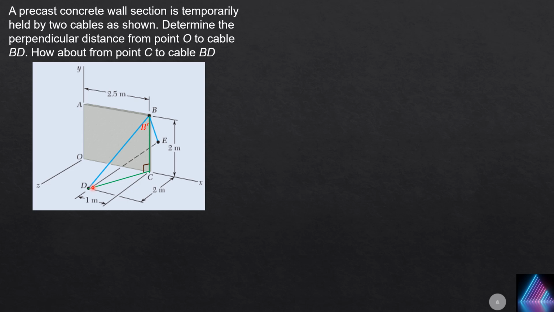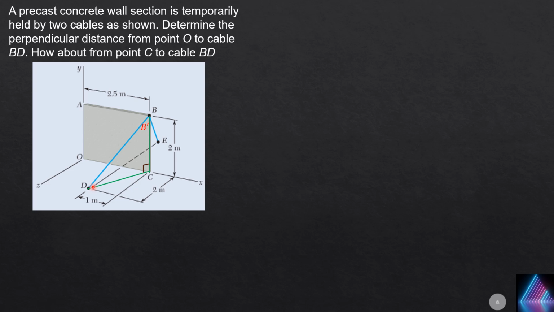moment of supposedly a force about point O, which is equal to ROB cross the force vector, but there's no force here. We just imagine that the force vector is this directed line segment BD or DB, or it is also ROD cross DB. Remember that the moment of a force about a point is the cross product between the position vector from the moment center, which is O here, to any point on the line of action of the force.